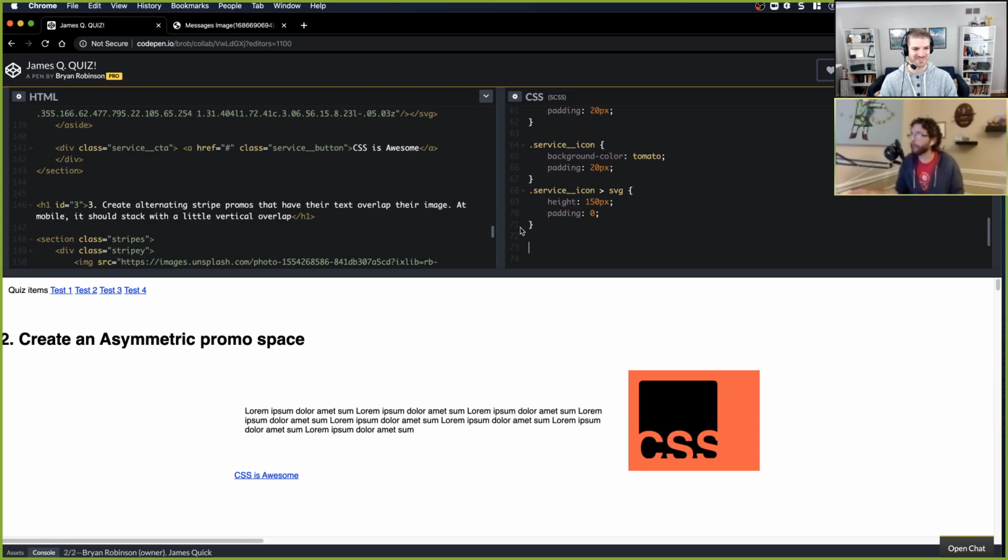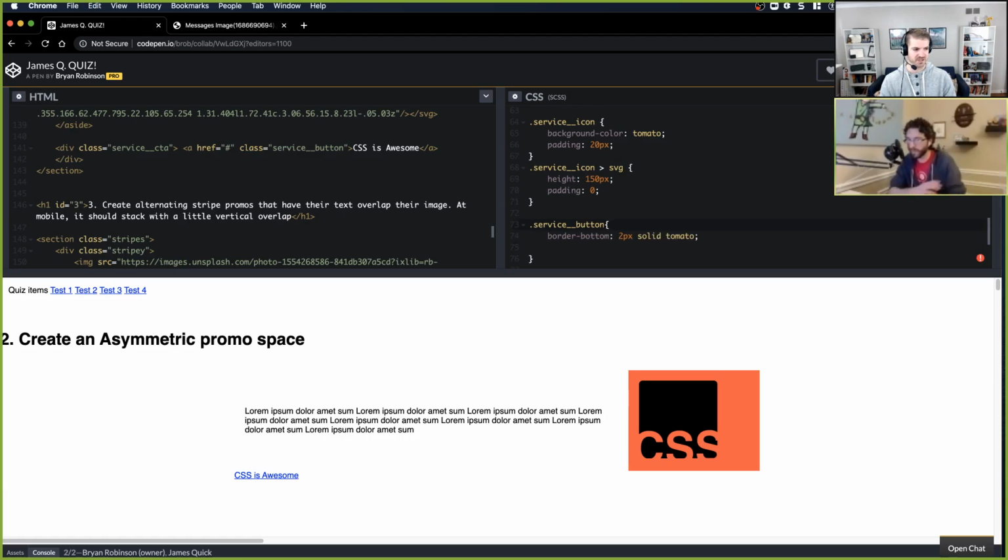All right, so then we've got our service button, which is just a div, and there's going to be some aligning stuff in there, but if I do a border top on that thing, will that solve our problem? Why does that not fill?